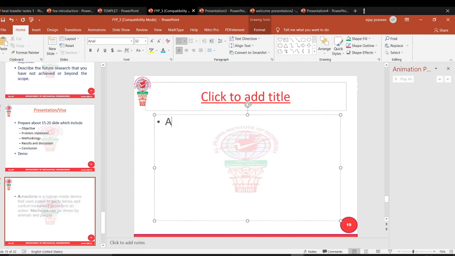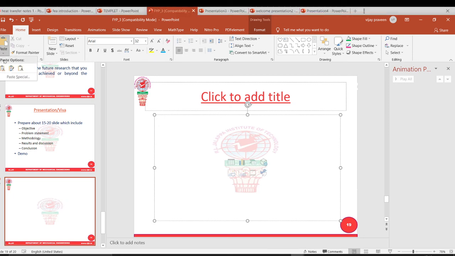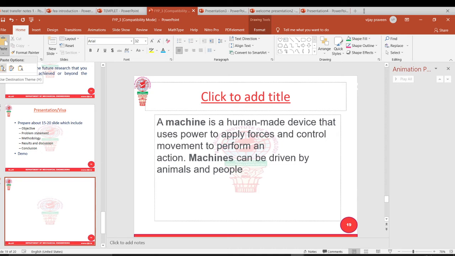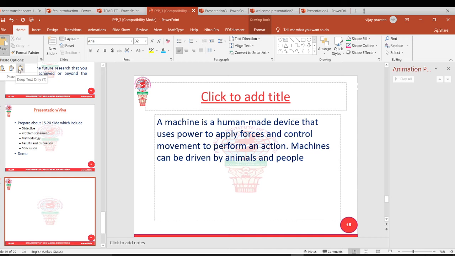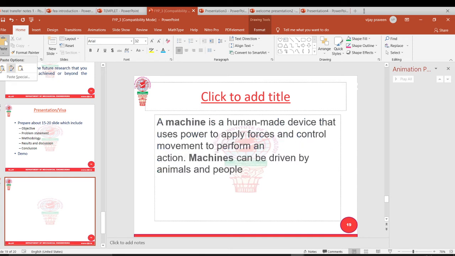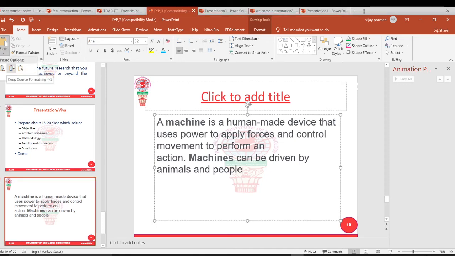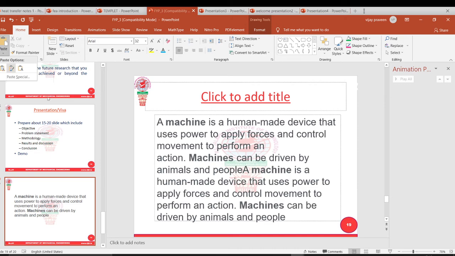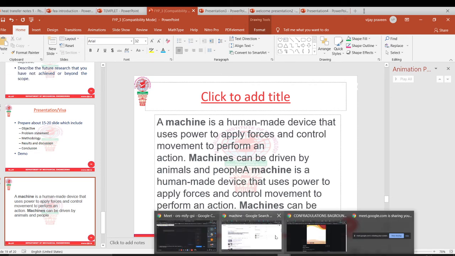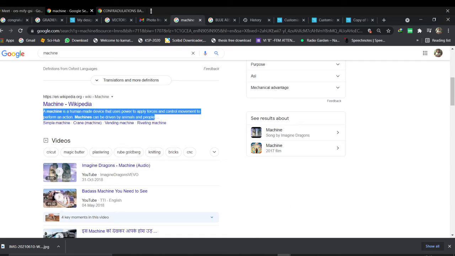Therefore, instead of pasting directly, you can go here. There is an option called use destination theme, or keep source formatting, or keep text only. Destination theme means whatever theme is here, it selects that. Keep source formatting means whichever format I selected there, that format only it will keep.